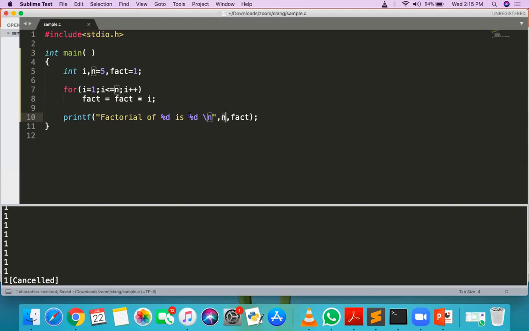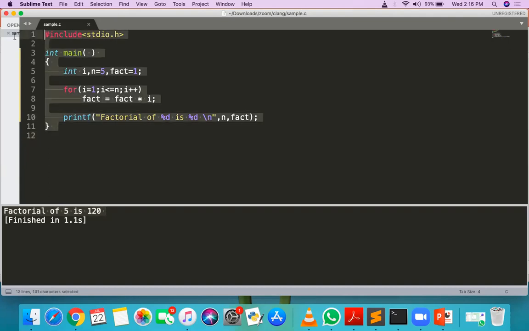So whatever the value of n is replaced here, fact is replaced here, and you will get the result as factorial of 5 is 120. Getting this? Yes, sir.